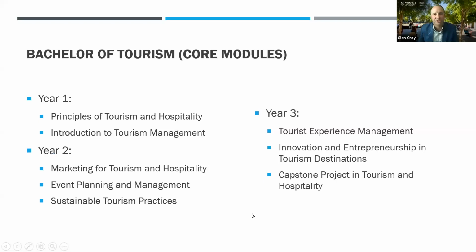Now, their Bachelor of Tourism program has these 8 core modules. So in the first year, they've got the Principles of Tourism and Hospitality. They've got an Introduction to Tourism Management. In the second year, they've got Marketing for Tourism and Hospitality. They've got Event Planning and Management, Sustainable Tourism Practices. And then in year 3, they've got Tourist Experience Management, Innovation and Entrepreneurship in Tourism Destinations, and a capstone project